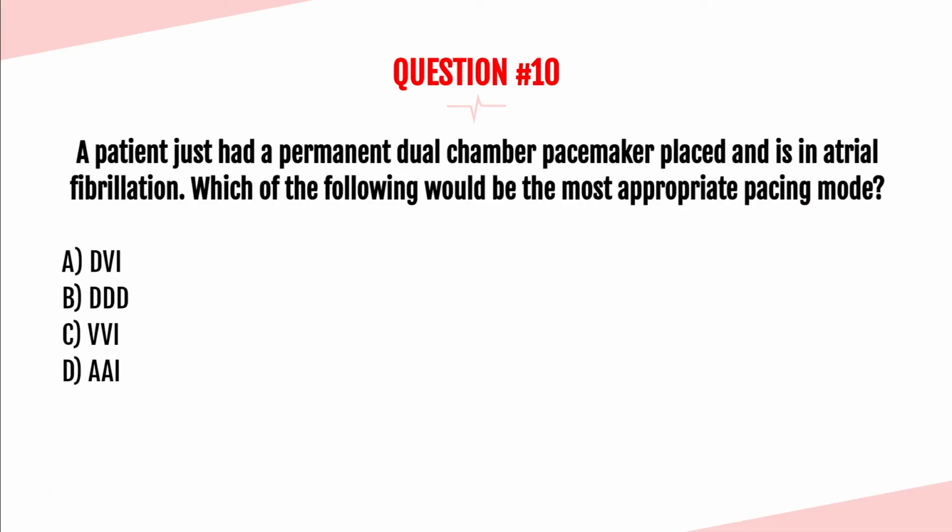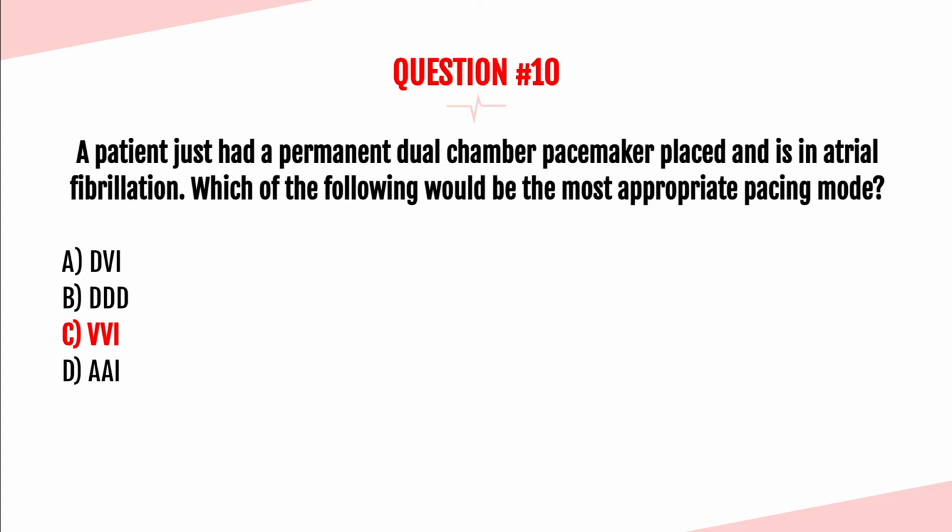Question number 10. A patient just had a permanent dual chamber pacemaker placed and is in atrial fibrillation. Which of the following would be the most appropriate pacing mode? A, DVI, B, DDD, C, VVI, or D, AAI? The answer is